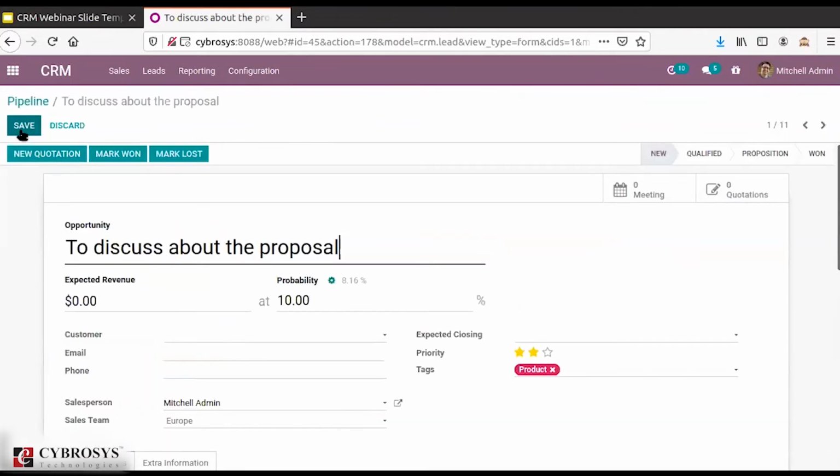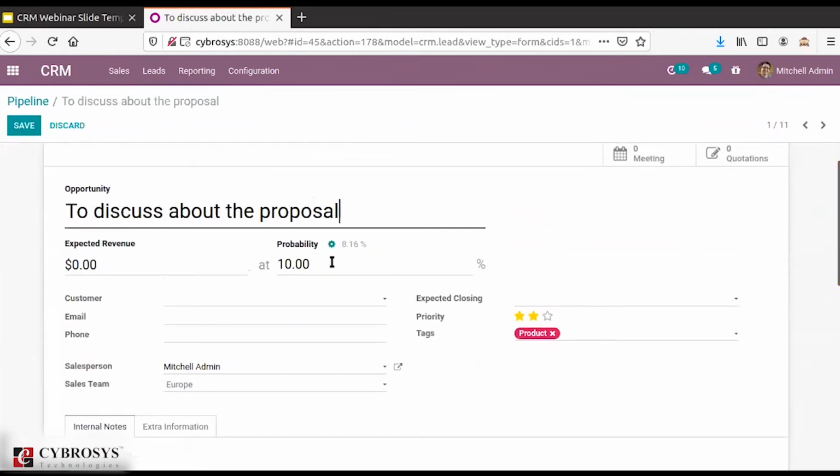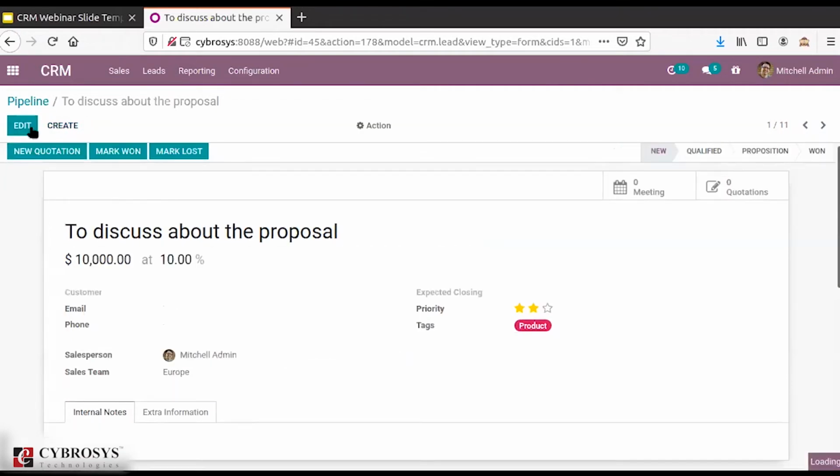So when I converted this to an opportunity, here you can see that besides probability, you also have the option to mention the expected revenue. Here you can mention the expected revenue for this particular opportunity, and you can mention your amount also. That means you can mention that this much amount is expected for converting this opportunity into an effective sale. So here you can mention the expected revenue and all.